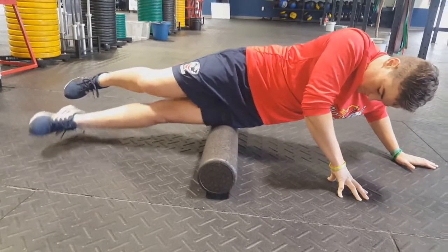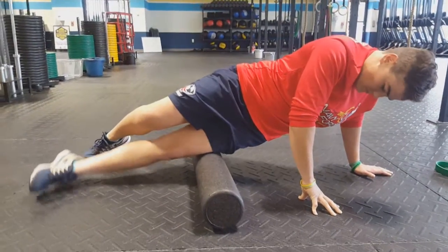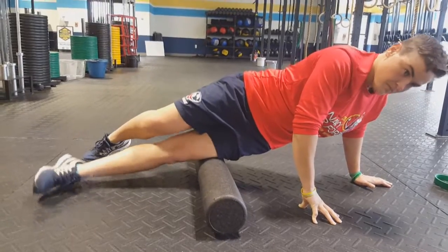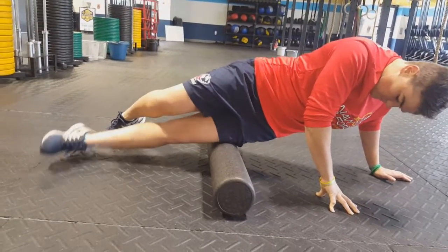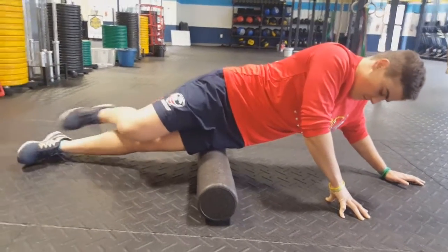So right now she's rolling on that little crack space in her fascia, and she's doing something called windshield wipers, which is something that we have most of our patients do with IT bands. So you can see her bottom leg, she's swiveling it, she's moving it, she's kicking her leg, and what she's trying to do is separate that fascia. So I'll have her do this for about 2 minutes before a run as a way of getting blood flow